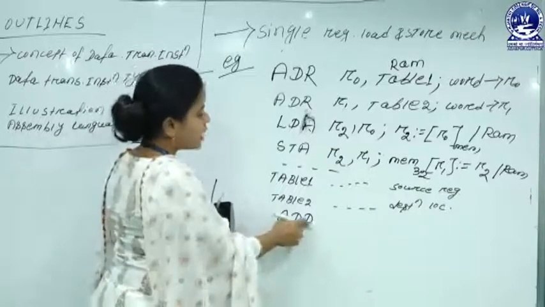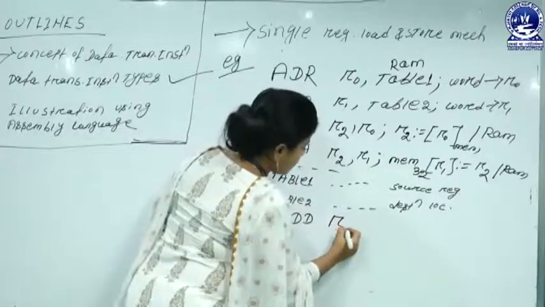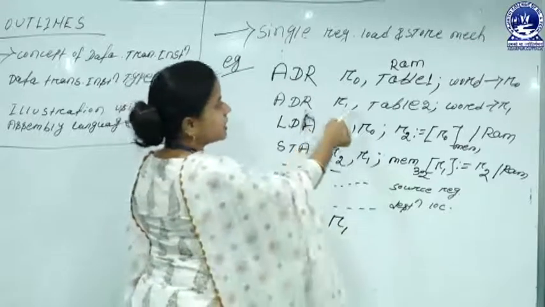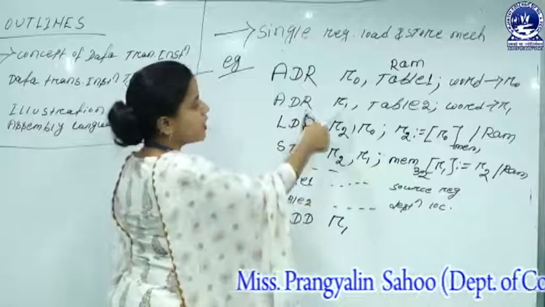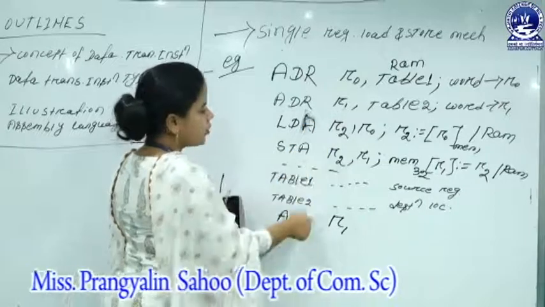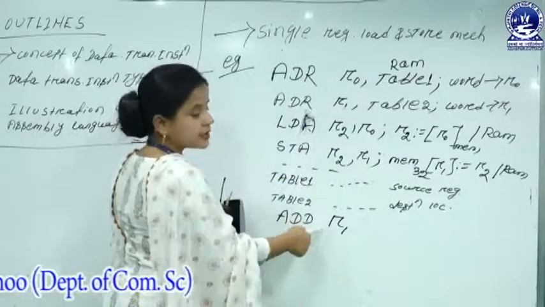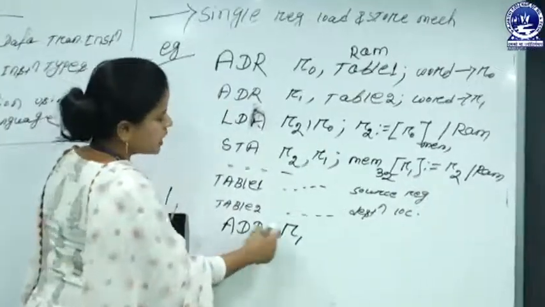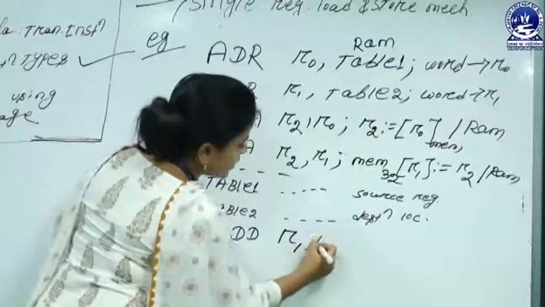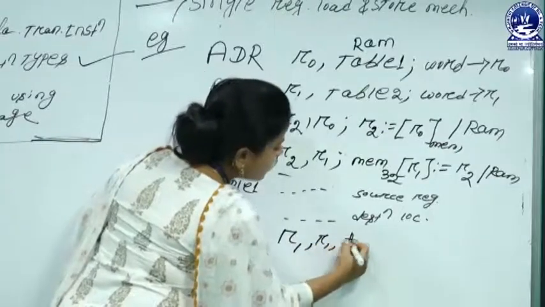So we have to use ADD R1. That means initially all of the data elements are to be stored in your location R1. That means if we need to perform all of the data manipulation, first we have to write the R, of course, then R1, then again R1, then #4.